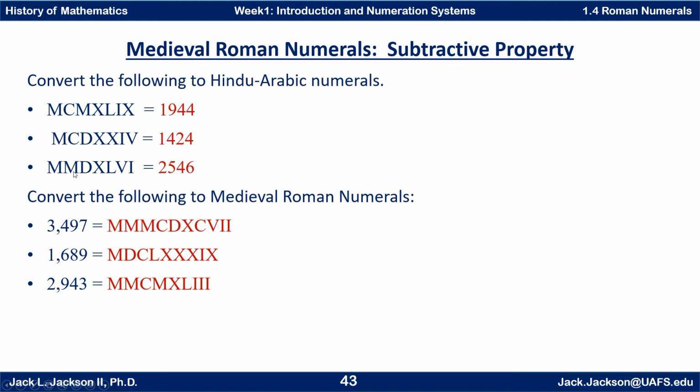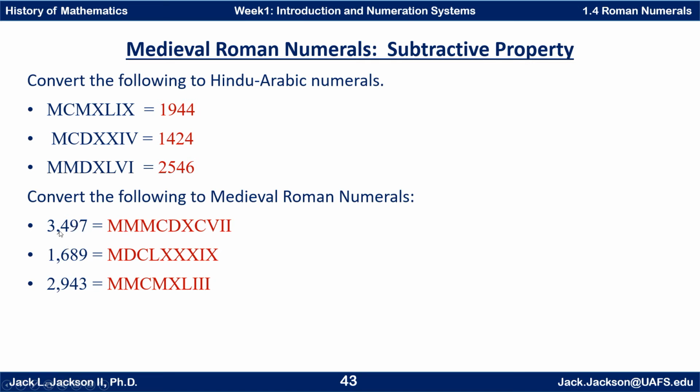This one here, we get 2 M's. So that's 2,000. D is 500. X and L, let's see, X is 10, L is 50, so that would be 50 minus 10 is 40, so that's a 4 there. And then V is 5, and one more is 6 there. 2,546. Okay,